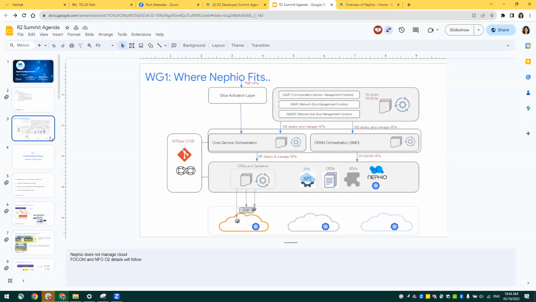the ORAN specification. That's why I'm not too comfortable with this kind of labeling, because first of all, Nephew is using declarative and GitHub-based CI/CD, and not this kind of direct connection. Also, the position of Nephew, if you apply the ORAN specification, is part of the SMO or part of the O-Cloud, it's confusing. In your diagram, Alex, you put the Nephew management cluster as part of the O-Cloud, but some other companies put Nephew as part of the SMO. That's why this kind of labeling is too early.